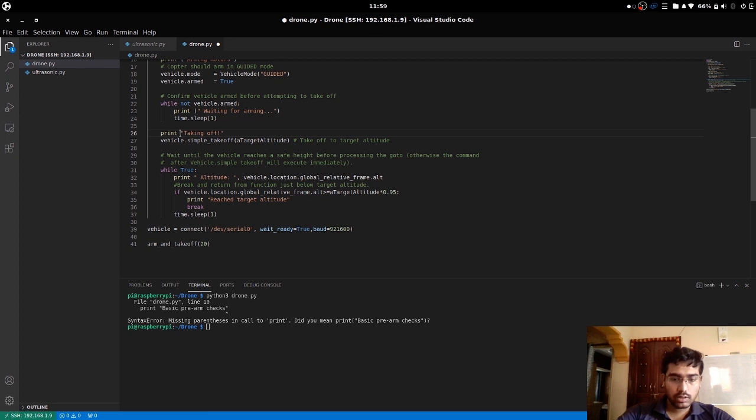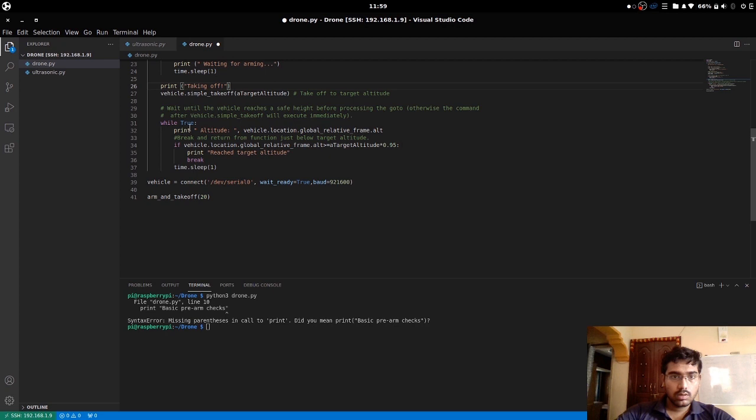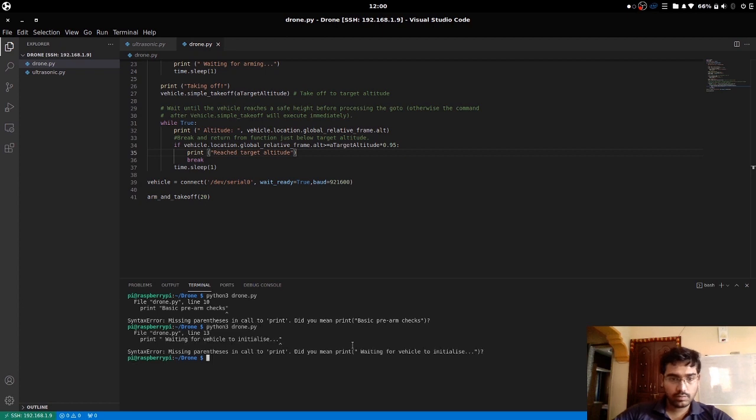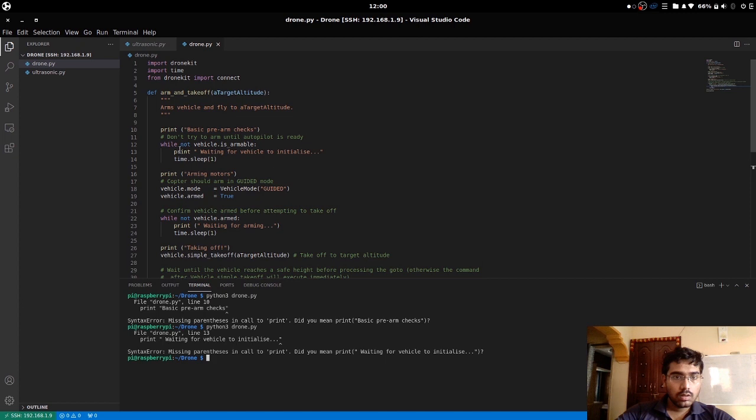Print simple takeoff, and then print altitude, and then reached altitude. So this is done, this is saved. Let's see if it works. Missing parenthesis, line 13. Oh yeah, as simple as that.